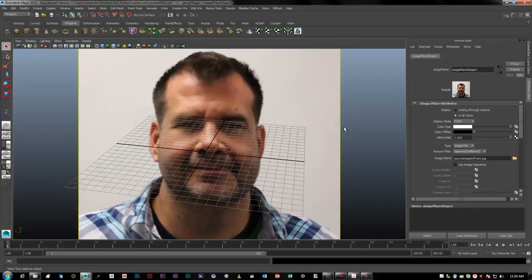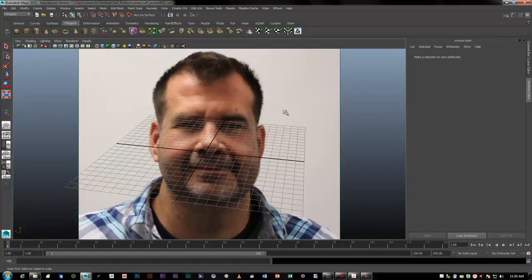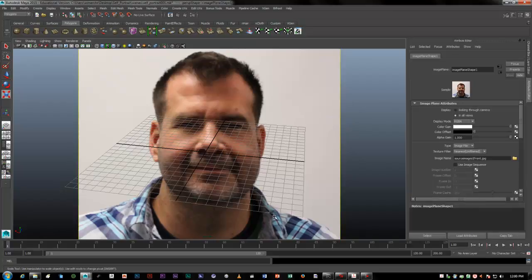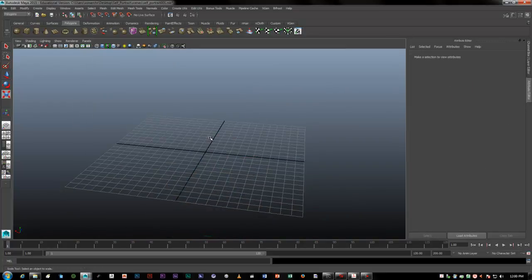There's a couple things that I don't like about this, that it's just not going to work. I can't move this, I can't scale this. It's just there as an image plane in my perspective view. Once I click off of that image, it's there, and I can't really click on it to select it, but I can drag and select that edge to select it. What I want to do is just hit delete, and I don't want to create an image plane in my